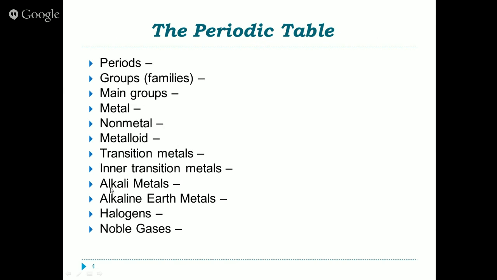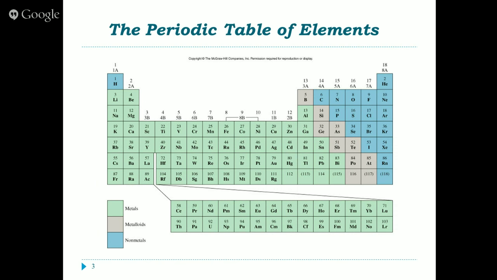So we have different things that we can identify on the periodic table, and I'm going to go through each of these individually, but I'm going to go back a slide and talk about the periodic table. So first of all, why is it called the periodic table? Well, we have periods, which are simply the rows here in our table, and things change periodically. So we get to the end of one row, and we see then that sodium has the same characteristics of lithium. We also have what we call groups or families in the periodic table, which are simply the columns that we see. So vertical columns are families or groups, and our rows are called periods.